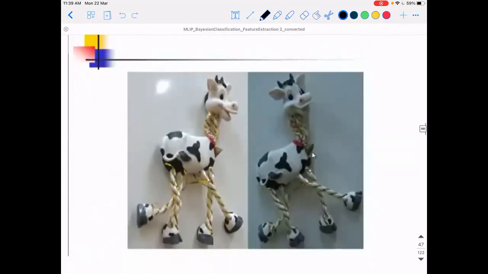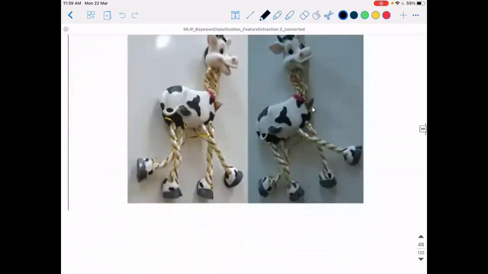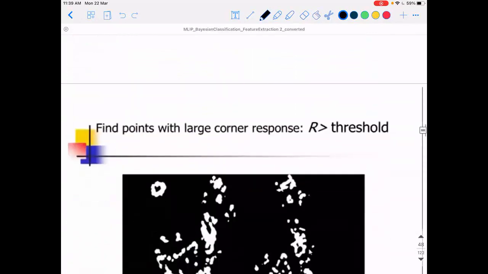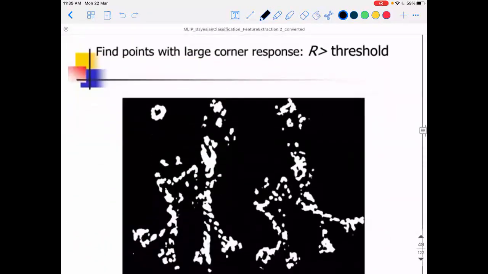Okay, these are the slides from Professor Mubarak Shah video lectures. They have applied it on some image, and they have found the corner points. See, usually if you consider R greater than a threshold to find all the corner points, you may get a large number of points. But all may not be corner points. Around the corner point also you may get reasonably high values.